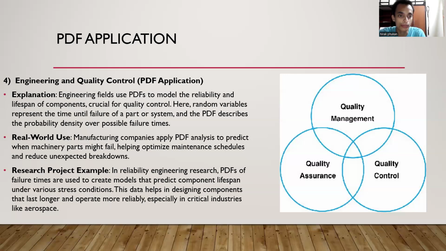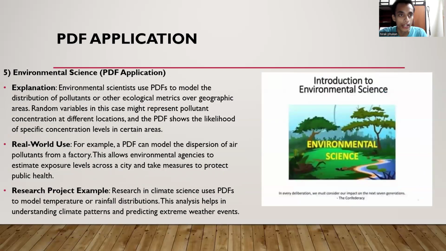So, some research project example. In reliability engineering research, probability density functions of failure times are used to create models that predict component lifespan under various stress conditions. This data helps in designing components that last longer and operate more reliably, especially in critical industries like aerospace. Environmental science. So, environmental scientists use probability density functions to model the distribution of pollutants or other ecological